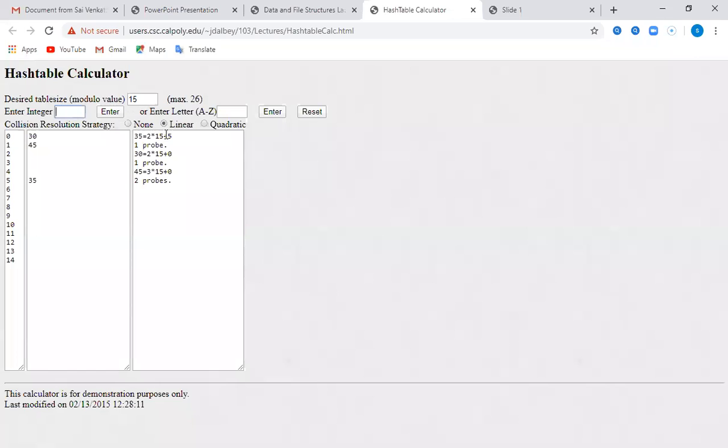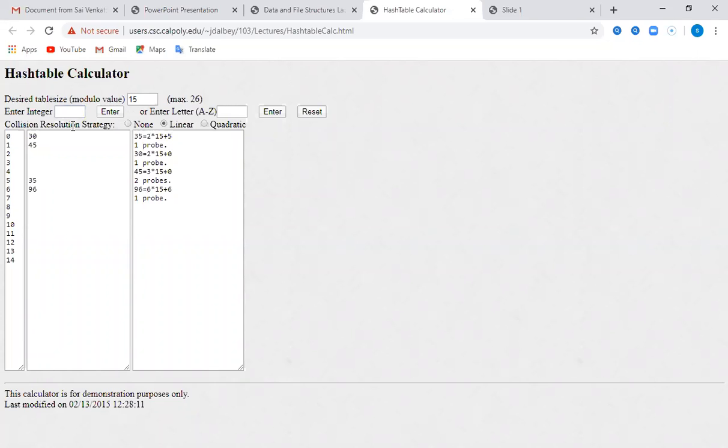Next one, you tell another number. 96. Okay, good. 96 modulo division 15, you tell that. Remainder 6. So in the 6th index, I will enter 96.